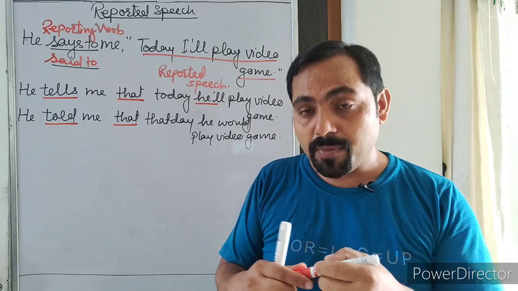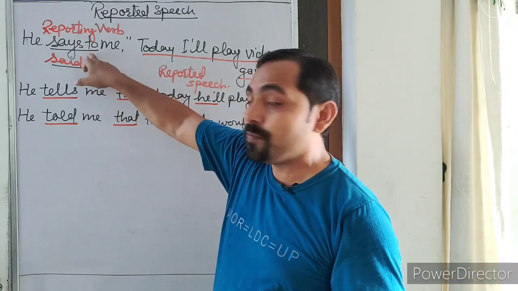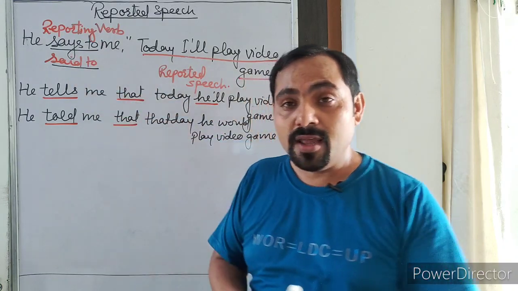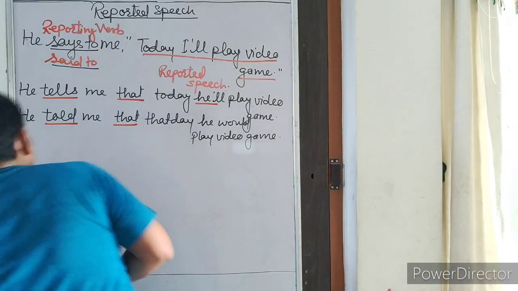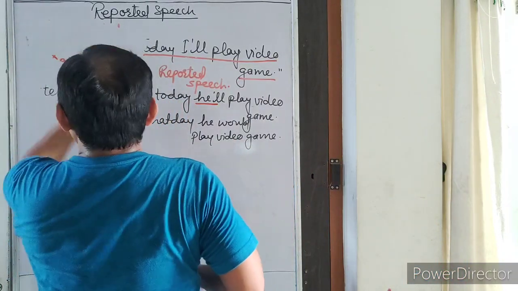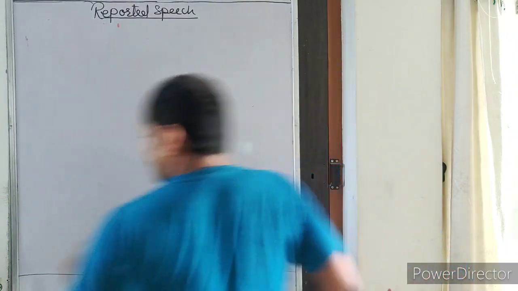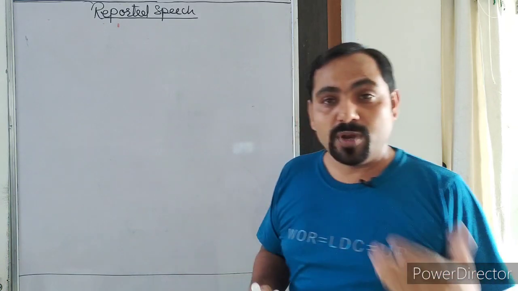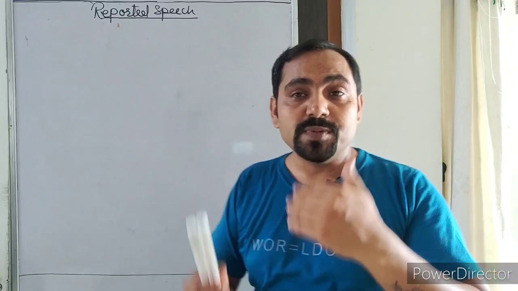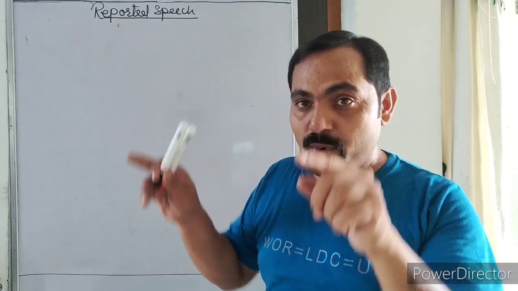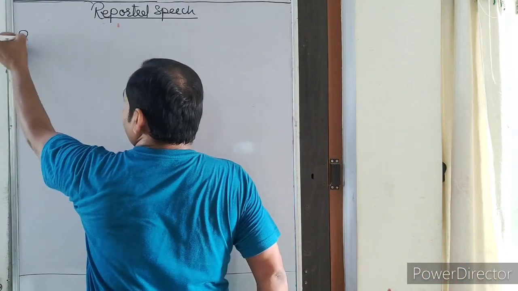Now I'm going to talk about the third rule, that whenever the reporting verb is in past tense, how the tenses will be changed. Okay, so please follow this table. I'm going to draw a table and then we'll do some examples based on the table, so that the concept will be more clear. Suppose you are converting from direct speech to indirect speech, and in reported speech some tenses are given, like present simple,